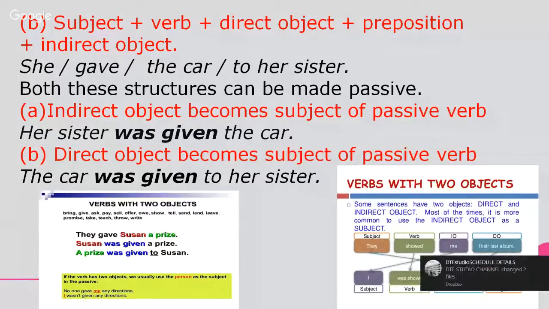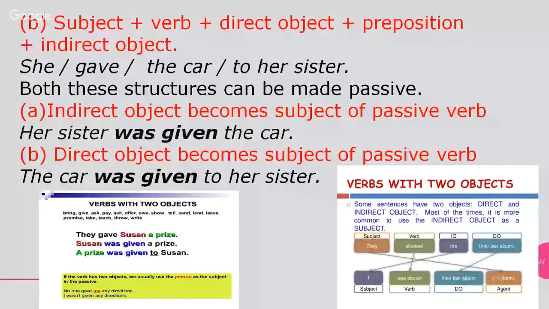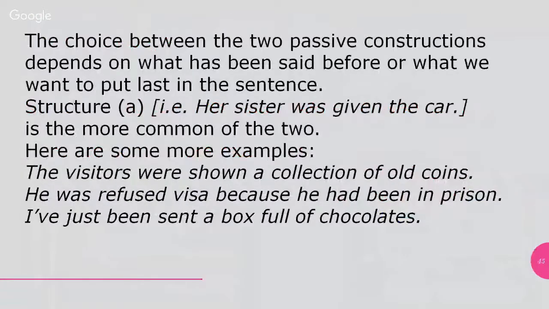Some sentences have two objects, direct and indirect. Most of the time, it is more common to use the indirect object as the subject. So you see in that chart, they showed me their last album. I was shown their last album by them. The choice between the two passive constructions depends on what has been said before or what we want to put last in the sentence. Structure A, that is, her sister was given the car, is the more common of the two. Here are some more examples. Usually, now